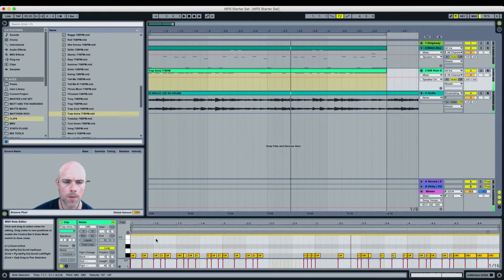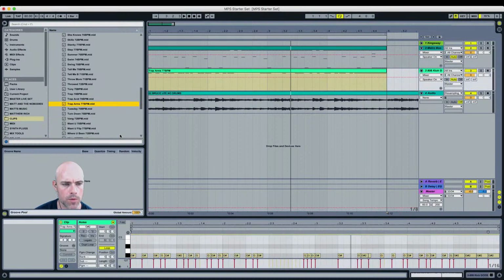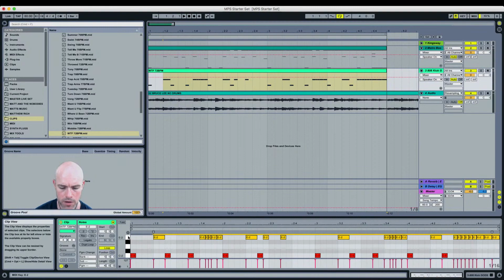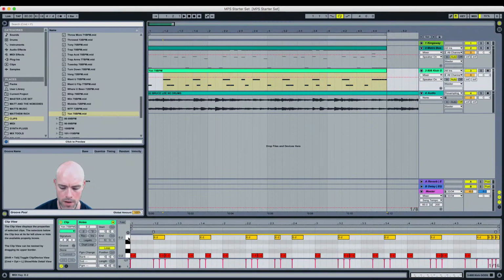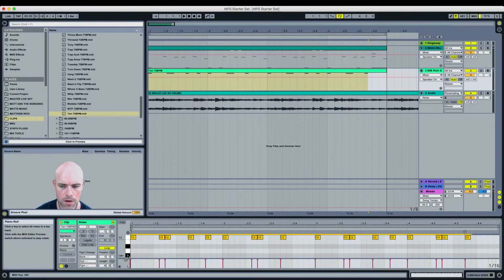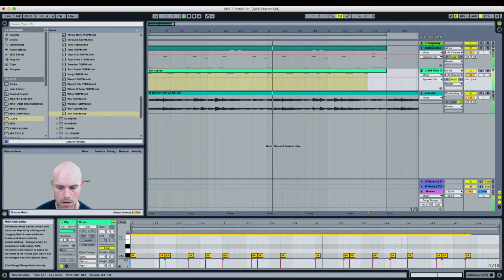So this one has more of a triplet feel. The beat that we're doing is not so much a triplet feel, so that one's not really working as well. But again, you can just keep dropping some of these in and see what's going to work best for your production. Let's try and get us a nice and busier one there. All right, let's do this one. All right, cool. So the last thing I'm going to do,